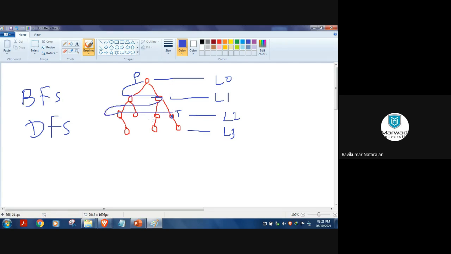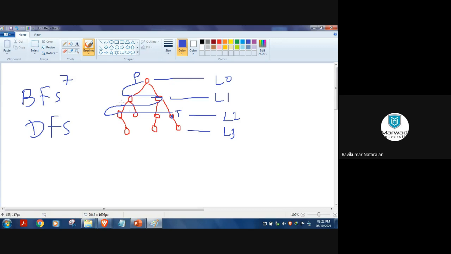So how many nodes have I visited? In graph and tree, both, the same thing is applicable. If there is a loop, then that is not called a tree, right? If I have connected everything like this, then that is not a tree. Else a tree can be a graph. Right now my intention is to make you understand what BFS and DFS are. So now, how many nodes have I visited to find the thief? 1, 2, 3, 4, 5, 6, 7. In the 7th node, I have found the thief. Using which method? For BFS, the cost is 7.